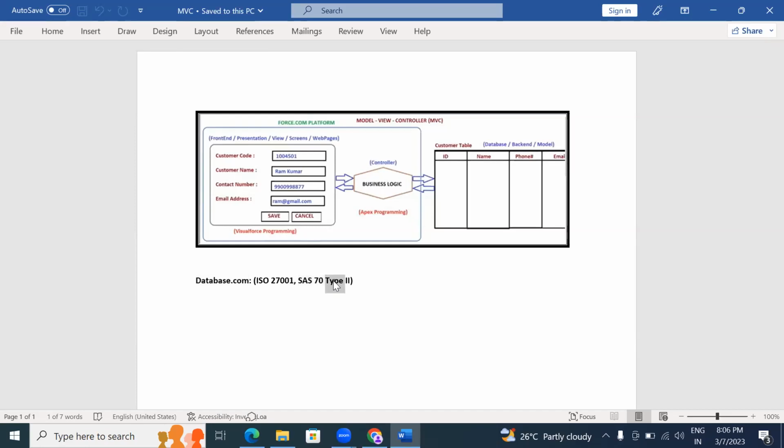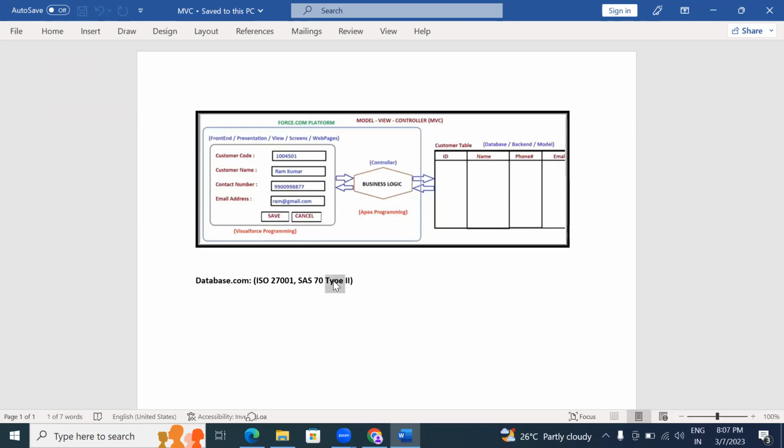Okay, so initially when Salesforce launched their application in 2000, most of the banks did not show interest in using Salesforce because banking data is very confidential. Even if one record is missing or if there is leakage of even one record, then they will lose the trust in the market. But later on, once Salesforce captured most of the market, now 95% of the banks are using Salesforce applications to automate their banking related data, because they are providing that confidence and that security for your data also.